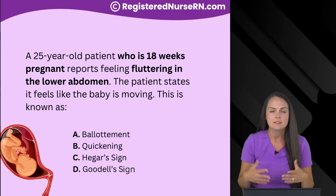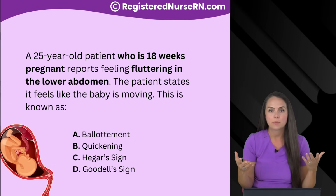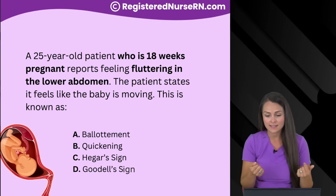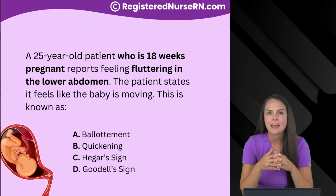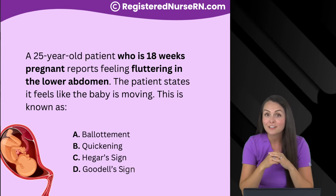B, quickening. This is a presumptive sign of pregnancy, and what's happening is that the person is feeling the baby move in the abdomen. A lot of times it's described as fluttering, like here in this question in the lower abdomen, or some people even say it feels like gas. And it can happen as early as 16 weeks. This is usually for second-time moms who've had babies before. So that's looking good for our answer, but let's look at the other ones